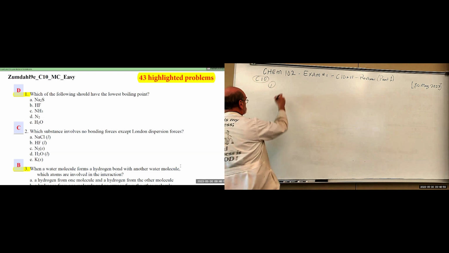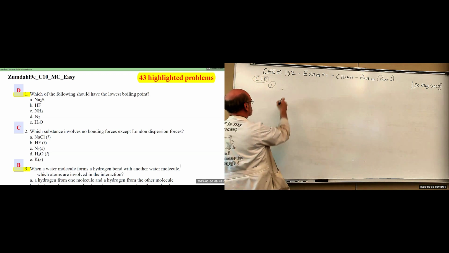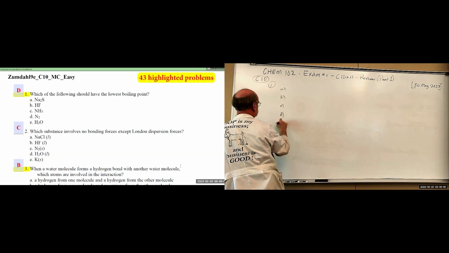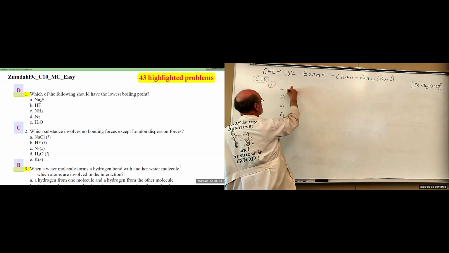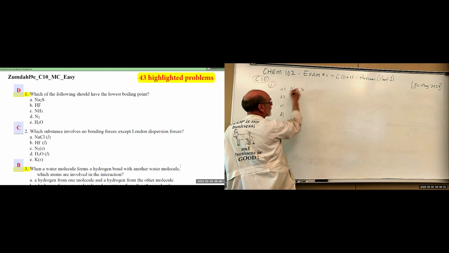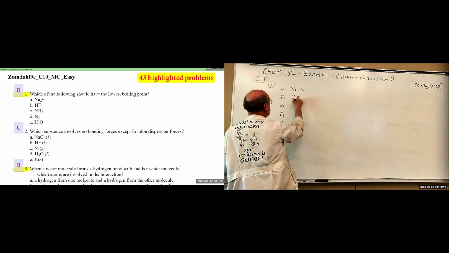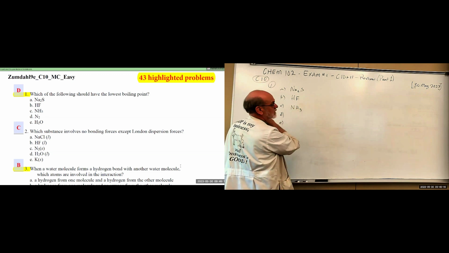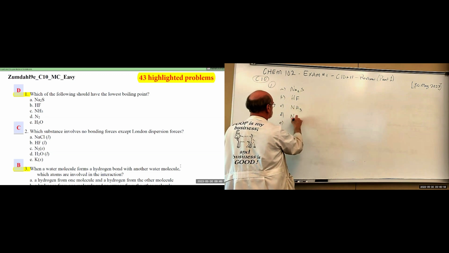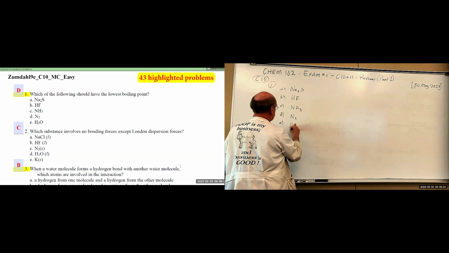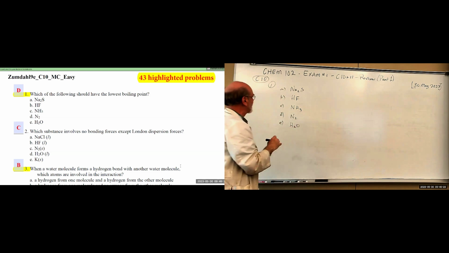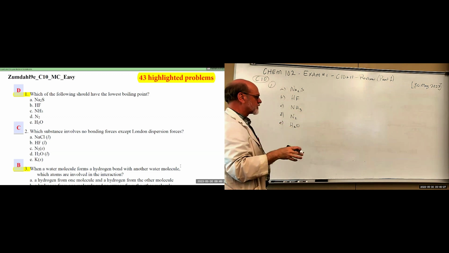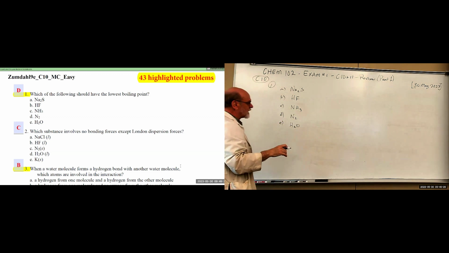We have A through E. Right, we've got sodium sulfide, we got hydrogen fluoride, got ammonia, and we've got nitrogen and water. Okay. So, what type of forces are we dealing with? Well, we could have